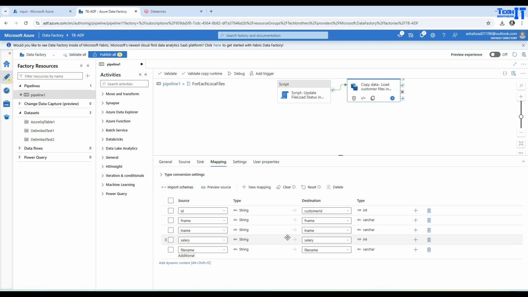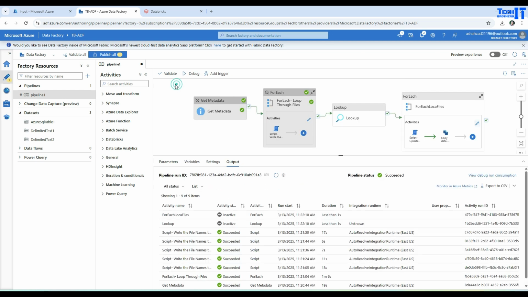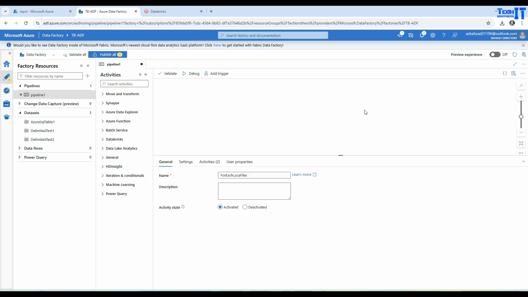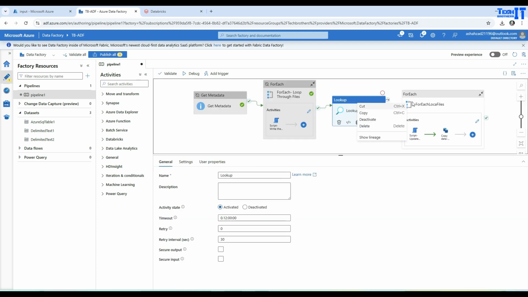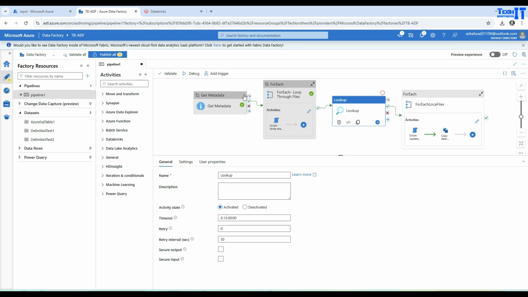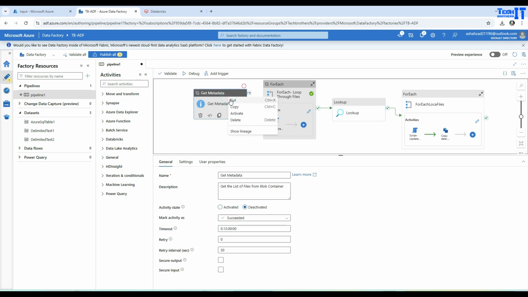Okay, and I have all these videos in detail, creating linked services, creating parameters and everything. That's why I'm not creating the whole thing. I'm just explaining to you how it is going to work. Now let's activate this, and we can go ahead and run it. Or we can actually run the whole thing. So now I'm going to activate this,